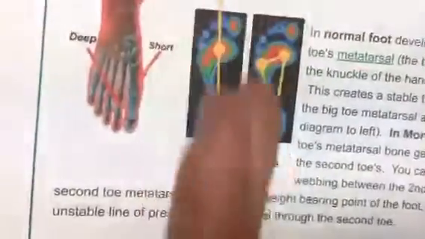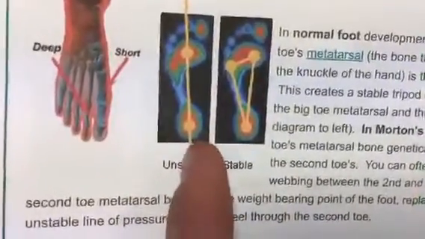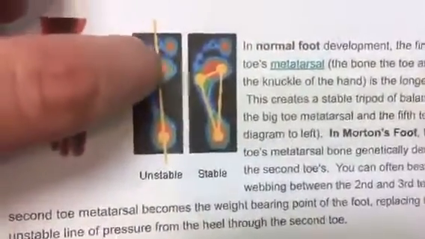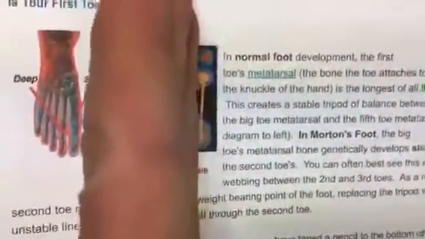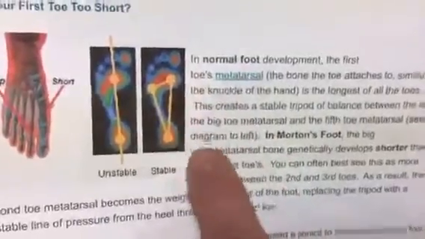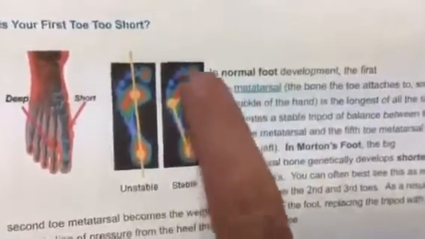And when you have that long second toe, this is a pressure plate analysis at the bottom of the foot. What happens is that the heel and the second toe, in fact, at times you get a callus under the metatarsal head of the second toe, they will form kind of like a skater's ice skate blade that causes the ankle to want to roll left and right instead of a tripod, which would not roll to the left or the right, wouldn't fall in, and it wouldn't brace outward. And so just by putting a little lift under the first toe, we can shift the pressure plate to this configuration and have a stable